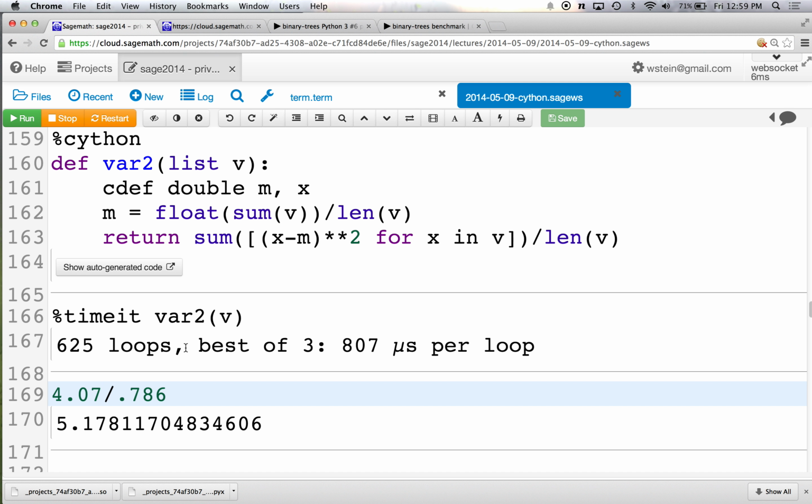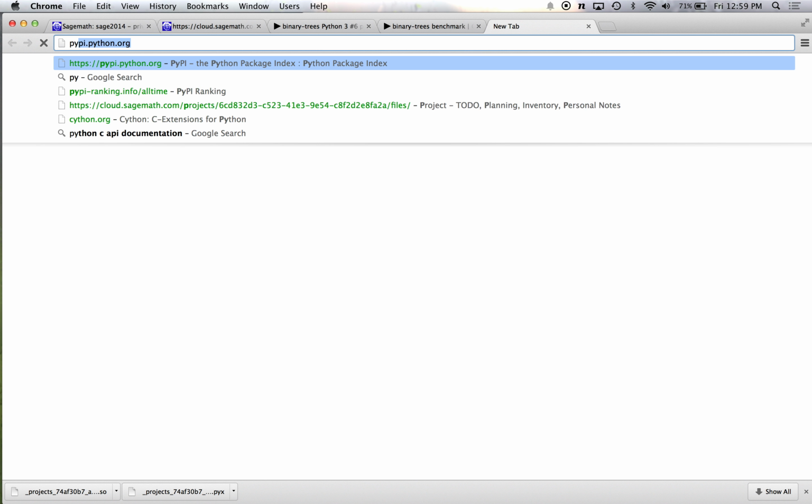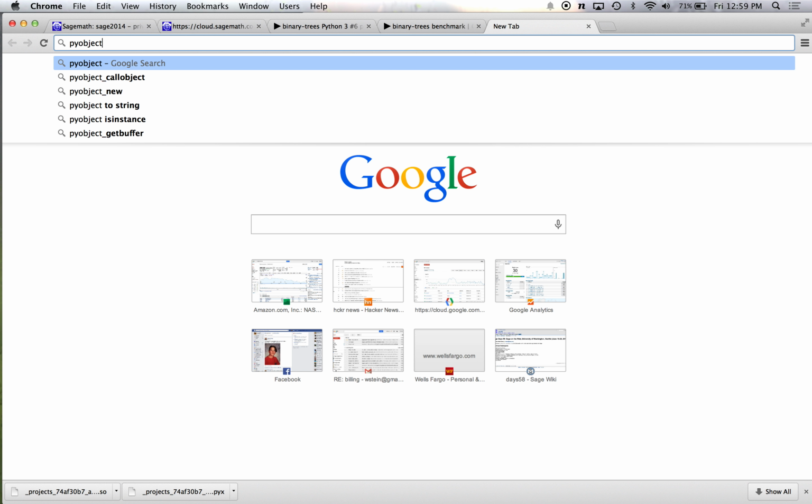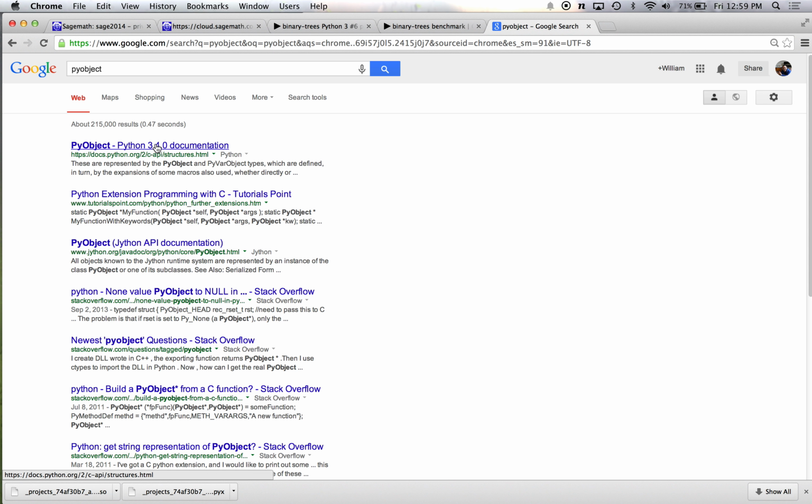You mean like float, that data type? Yeah, I mean, isn't it just an underlying? It's really kind of different. So it's actually, so let me see if I search for PyObject. See if I can get the C struct of a PyObject. Well,